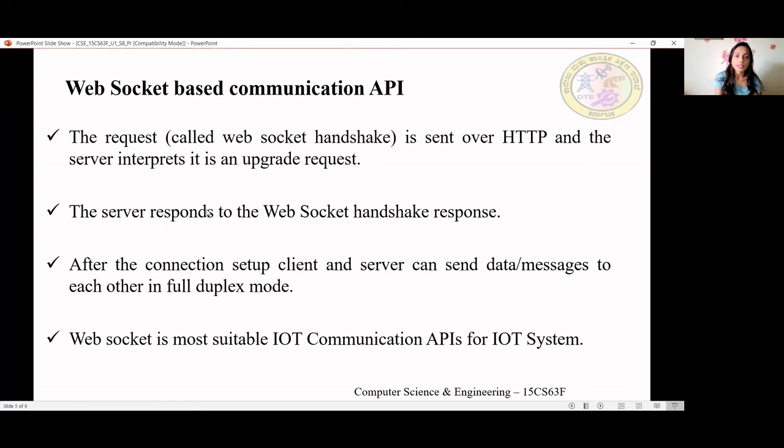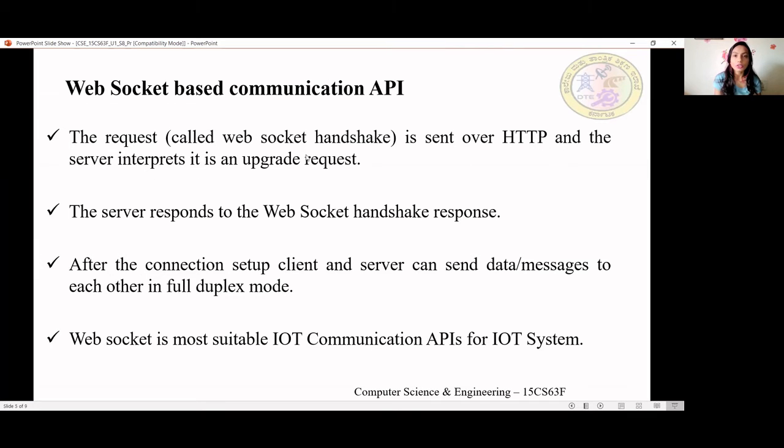Next, the request called WebSocket handshake is used as a web service. In REST also, to use it as a web service, we used HTTP for the request. Here also we use HTTP for the request.